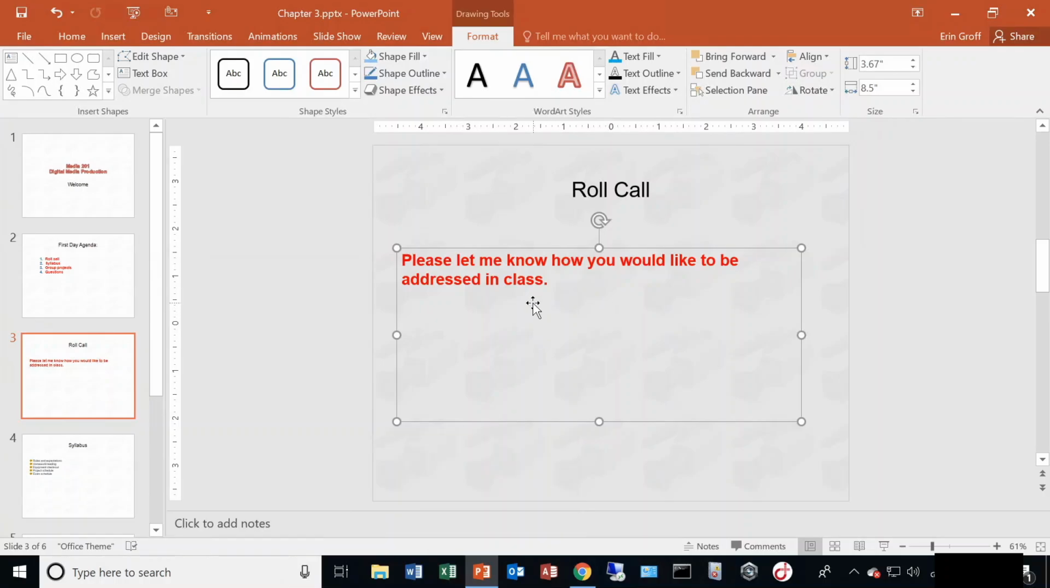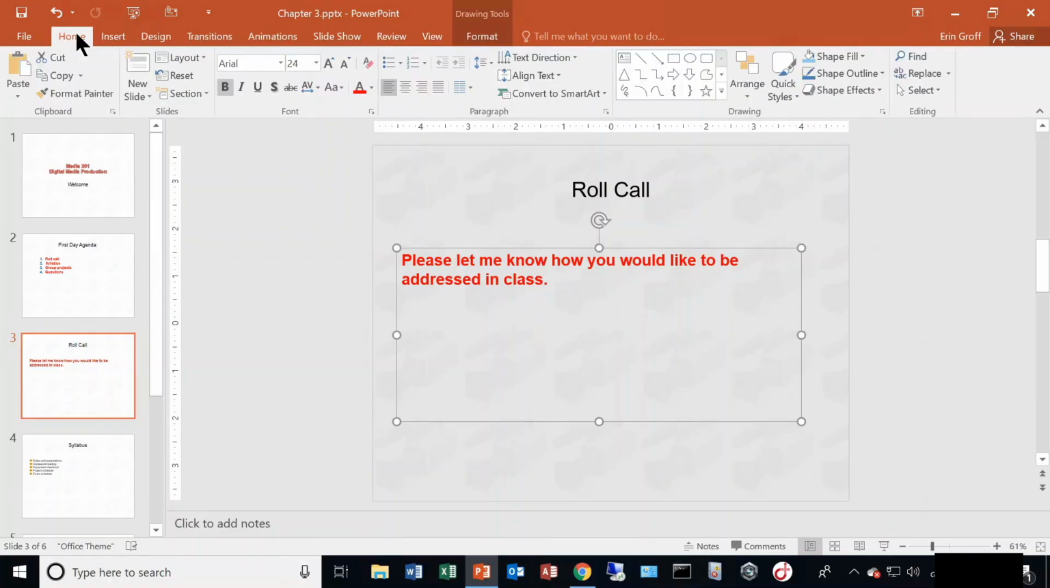So here I have a text box with the text, "Please let me know how you would like to be addressed in class." On my Home tab, my horizontal alignment options are in my Paragraph group. You have four right here. You have your left alignment, which is your default, and this lines your text up to the left margin of your text box. Then you have your center,